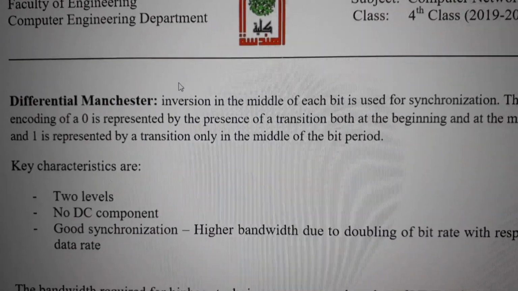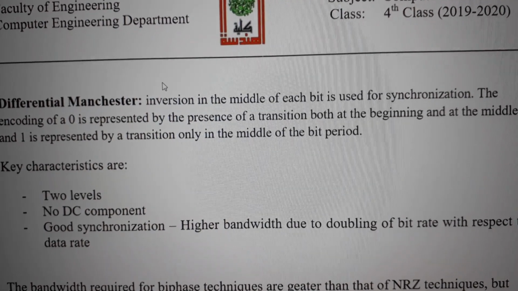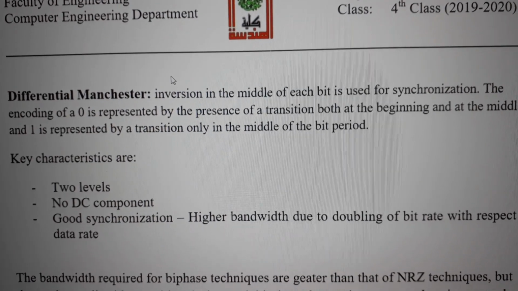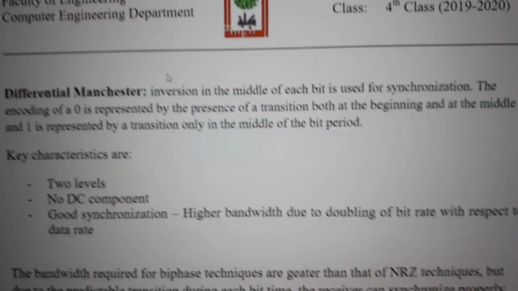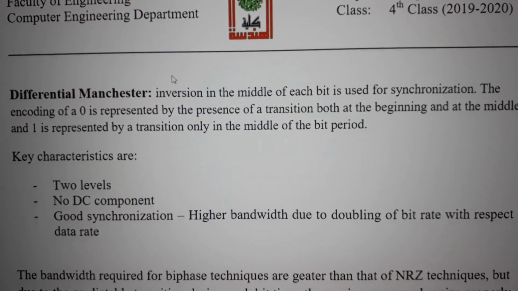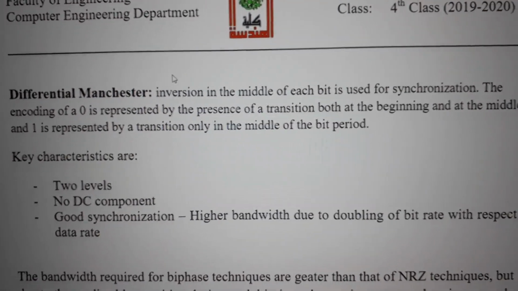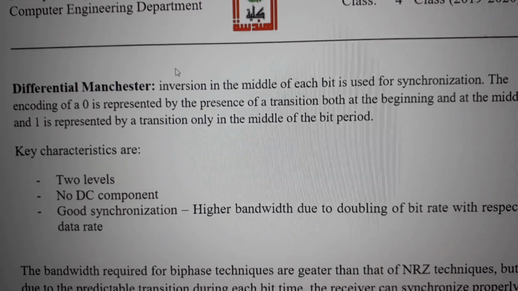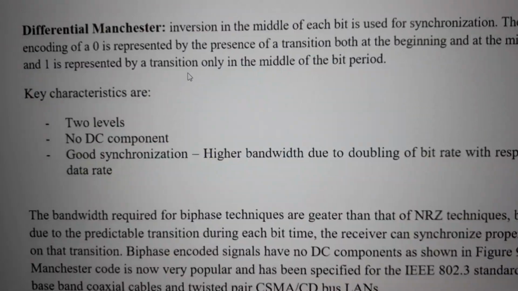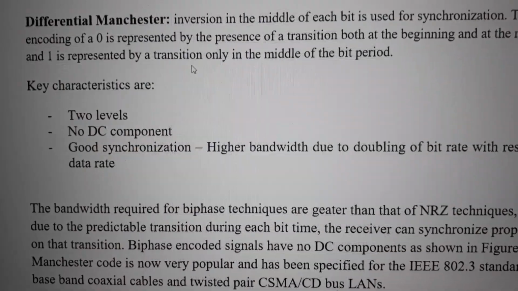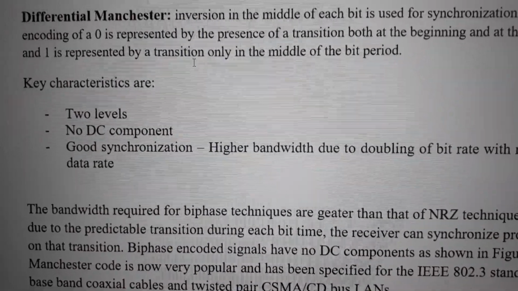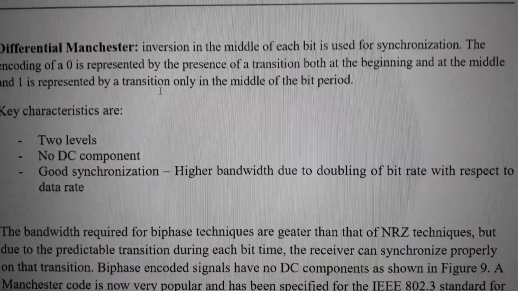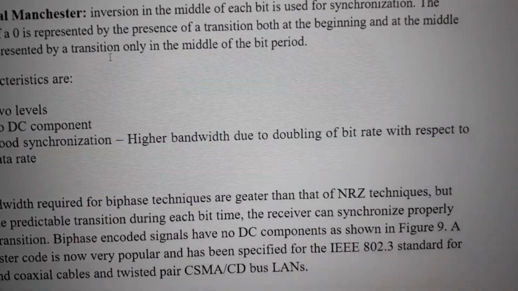خلينا نشوف الديفرنشيال مانشستر. Inversion in the middle of each bit is used for synchronization. The encoding of a 0 is represented by the presence of a transition both at the beginning and at the middle. إذا الصفر هنا راح يمثل two transitions بالبداية وبالوسط، بينما بالواحد لا. And 1 is represented by a transition only in the middle of the bit period. فقط يعني انتقالة واحدة بالوسط. Key characteristics are two levels, no DC component, good synchronization, higher bandwidth due to a double of bit rate with